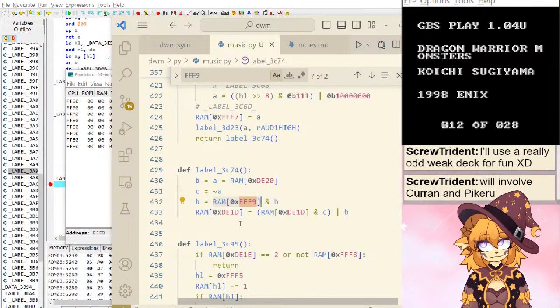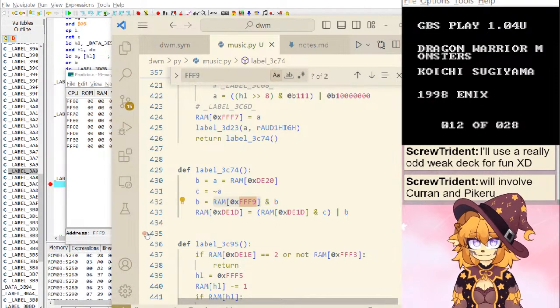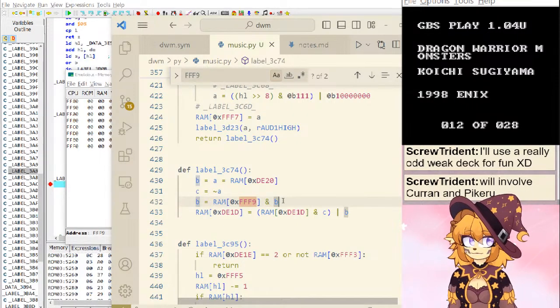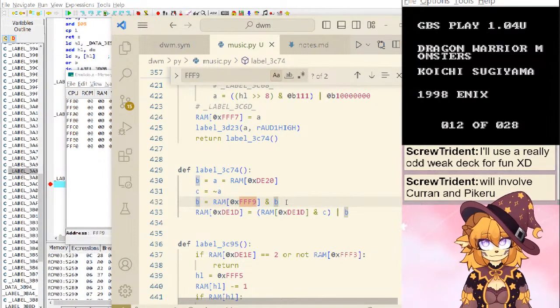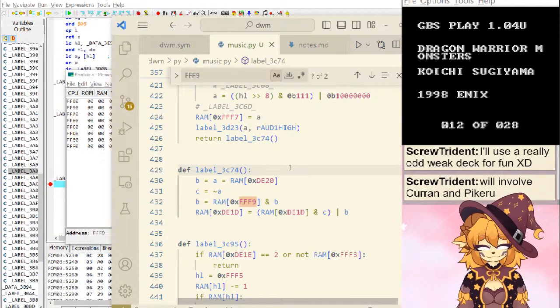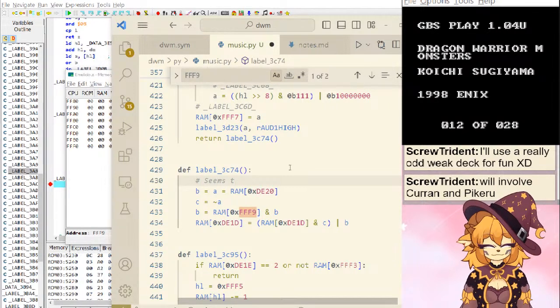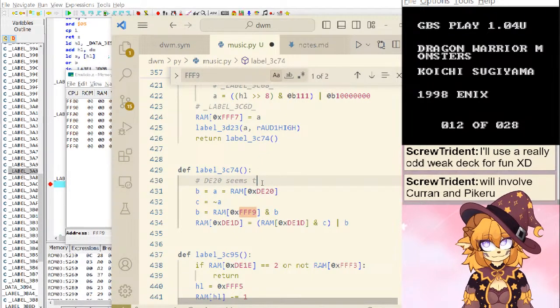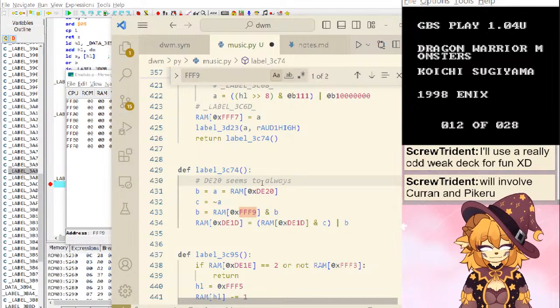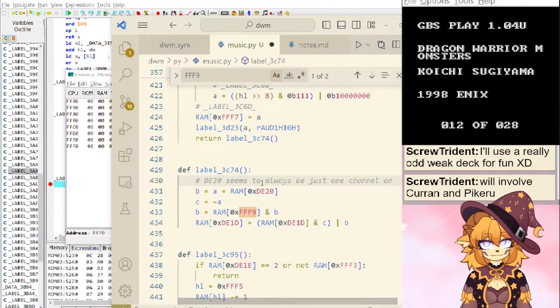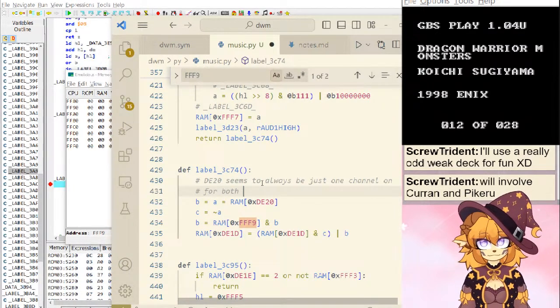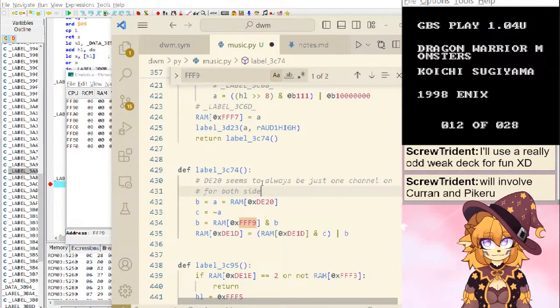So RAM. Okay, fine. And the always just one channel with both sides.